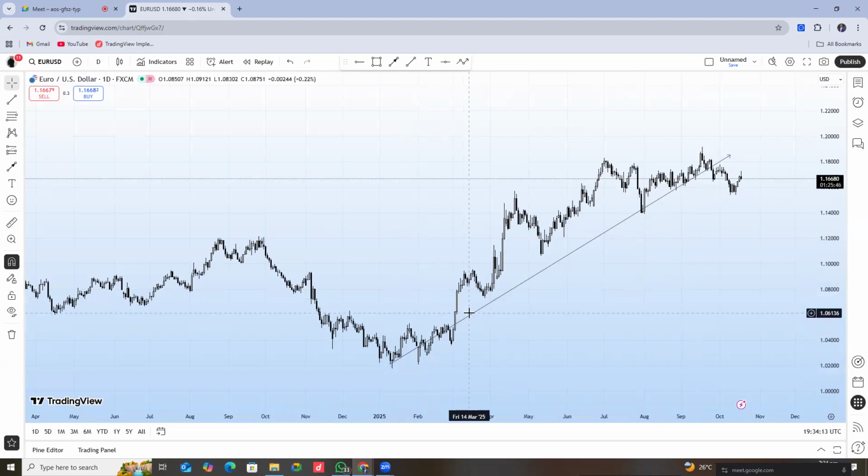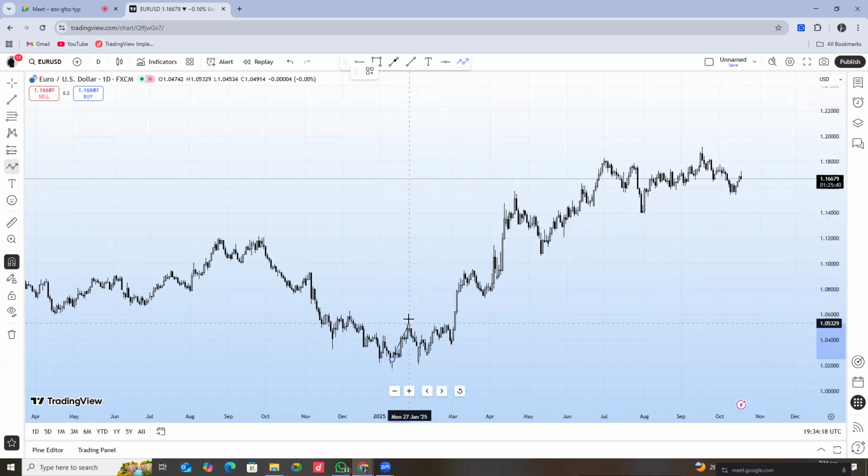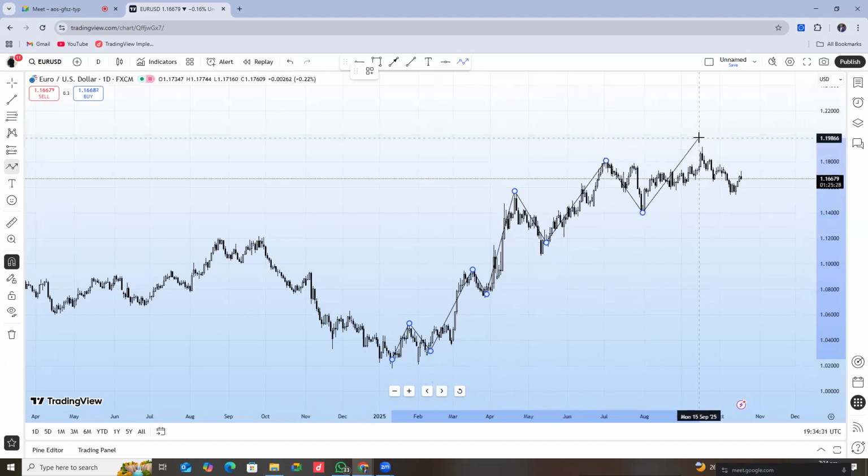Another way that we can tell, remember the sketch that I did, is that we can find higher highs, higher lows. Remember that: higher low, higher high, higher low, higher high, higher low. You see, and then on and on and on it goes. Higher low, and then